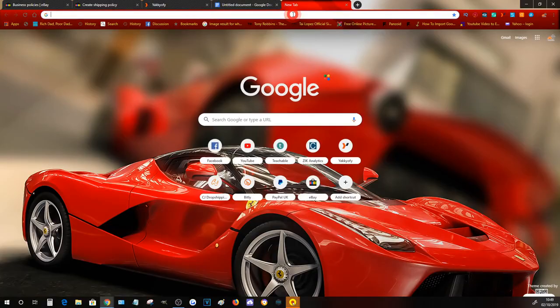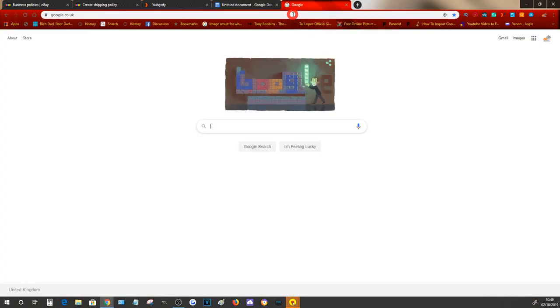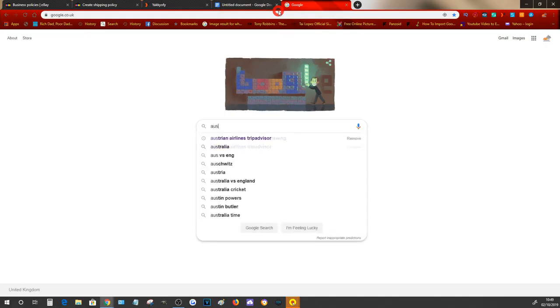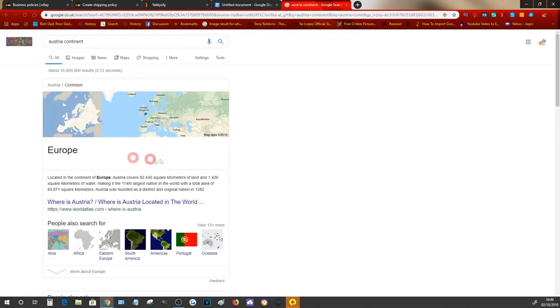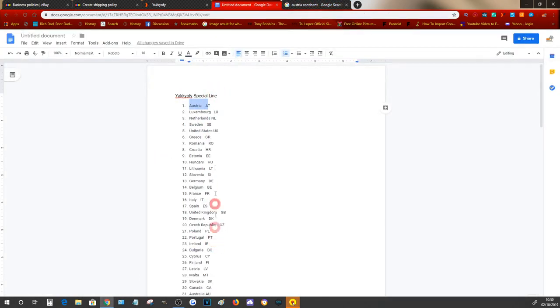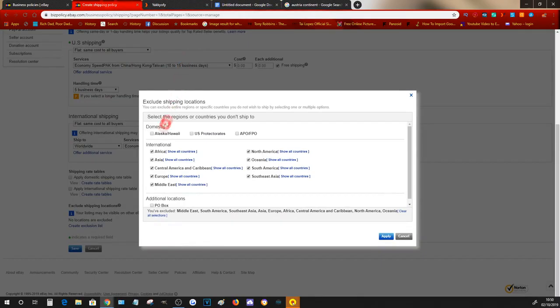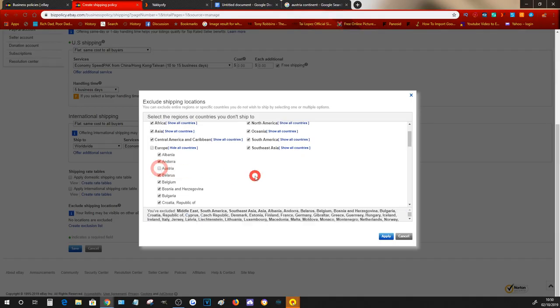Now if you really don't know where a country is or which continent it is in, just type in the name of the country and then type in continent, right? And then it'll tell you over here it's in Europe. Okay, so you can go through this. So let me show you how. So let's go over to Europe over here. Now I'm going to show all countries, and now I'm going to untick Austria,